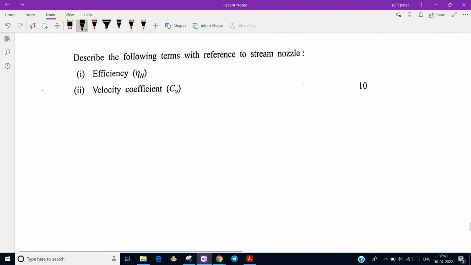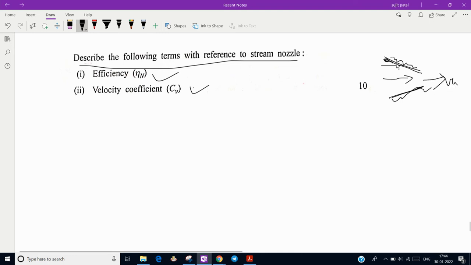Next topic, this is from power plant: describe the following terms with reference to the steam nozzle. What is the efficiency of the nozzle and the velocity coefficient? So for the steam nozzle, we can say it like this. If we take the assumption of insulated, it is a highly frictional flow, because steam is coming at a very low speed, but when it strikes the walls of the nozzle, its velocity at the exit gets increased, but the frictional losses are very high. So we can say the flow in the nozzle is adiabatic, but we cannot say that it is